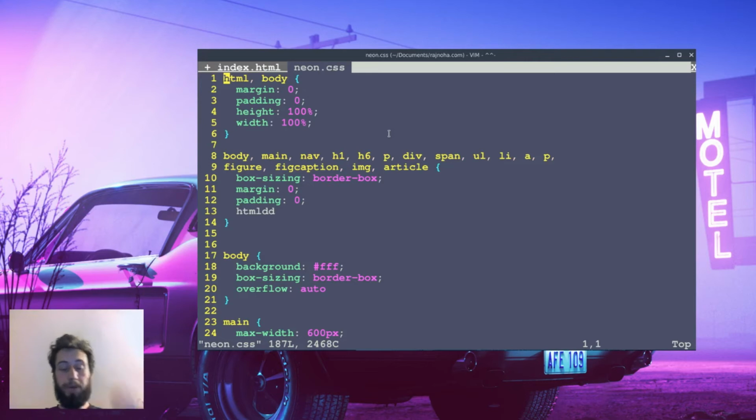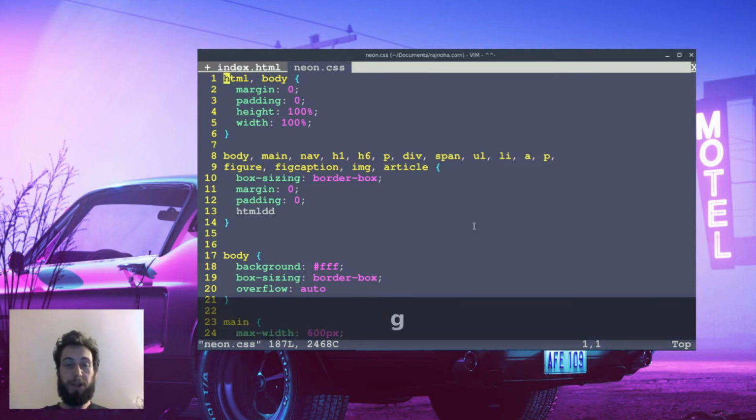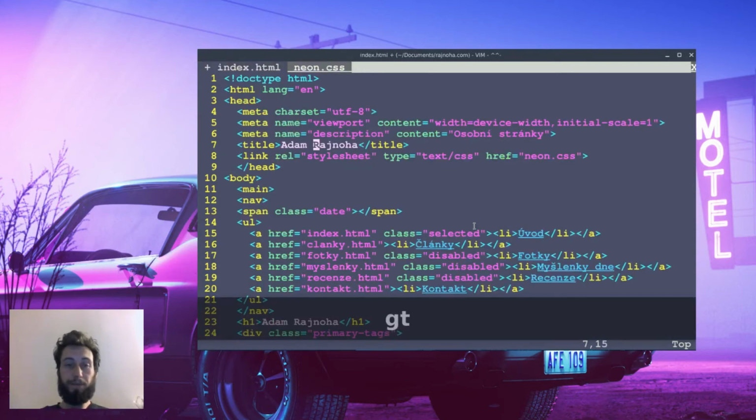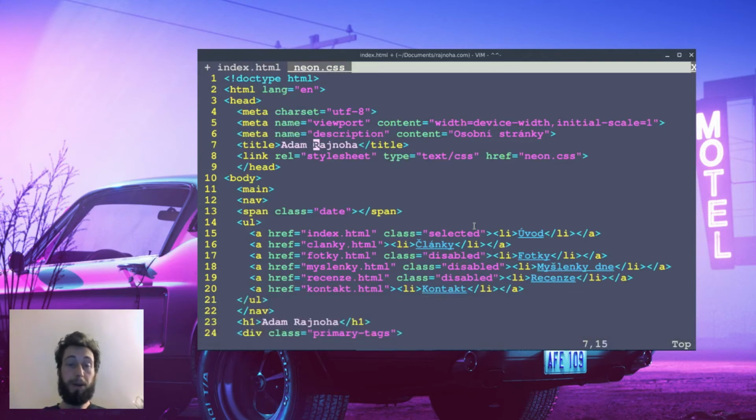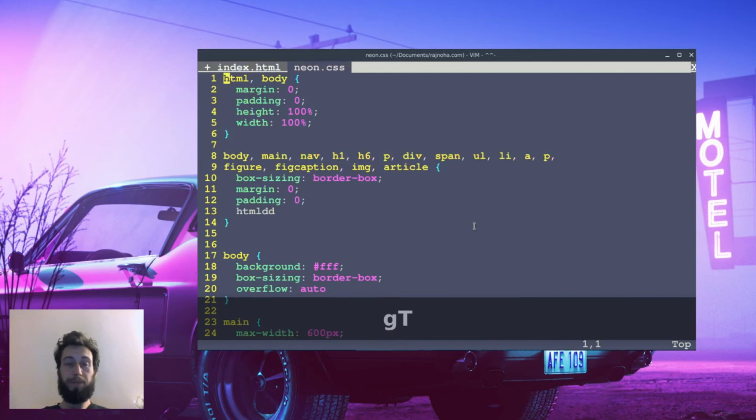So how do you navigate through them? Well, you can say, yeah, I forgot screen keys. Sorry, I will just quickly open the screen keys. Yeah. So if I do gt, I jump to the next tab,